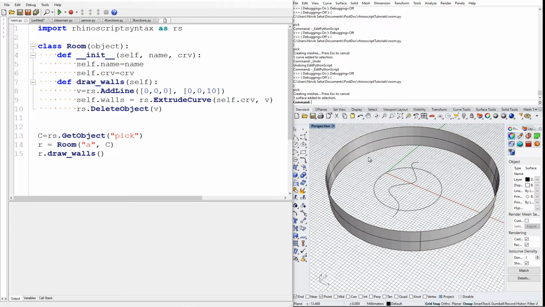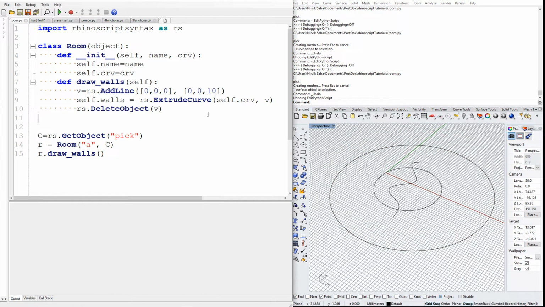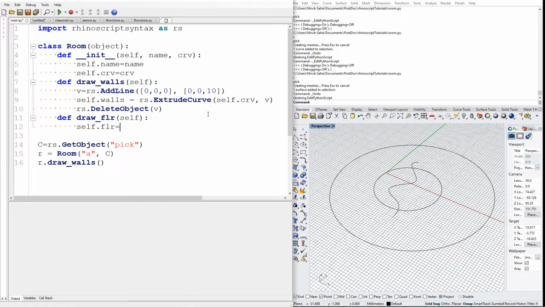Okay, so we have the walls now. So next, let's say we want to draw the floor. So draw floor, call it self. So to get the floor, we have to do self dot floor is equal to rs dot